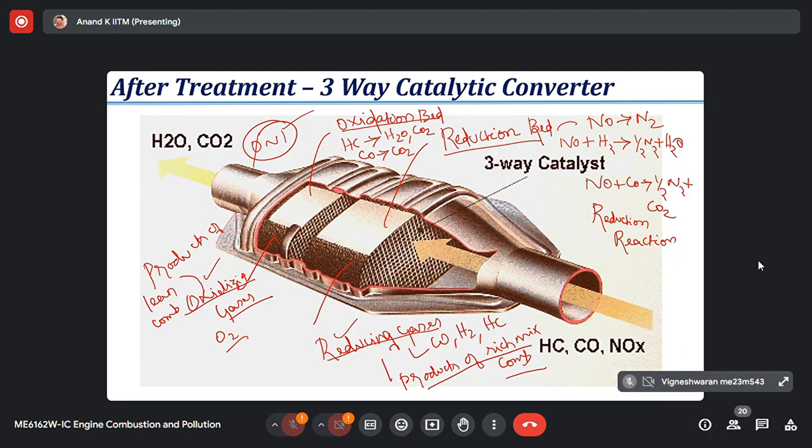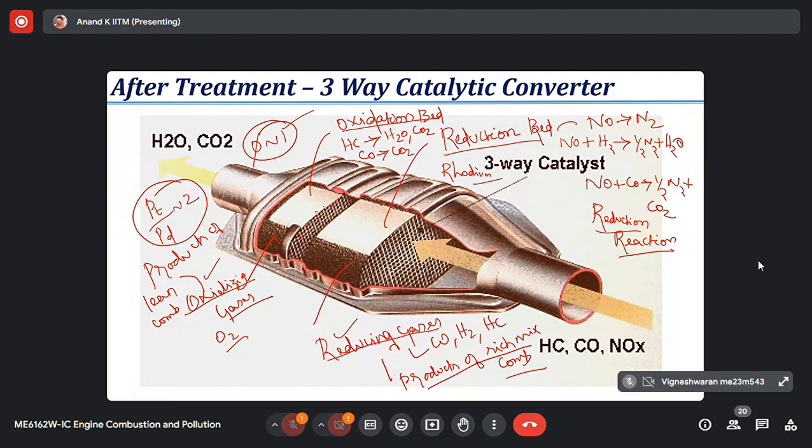So we have two beds here. One is a reducing bed, the second one is an oxidizing bed. And in these beds, we will have a finely dispersed catalyst. The reducing catalyst is rhodium. We have different metallic catalysts here. Rhodium is a catalyst used for reduction reactions. For oxidizing reactions, the catalysts required are platinum and palladium. The ratio is around 2. Platinum is effective in controlling HC and palladium is effective in controlling CO. That's why we have both platinum and palladium in the ratio of 2, finely dispersed here in this